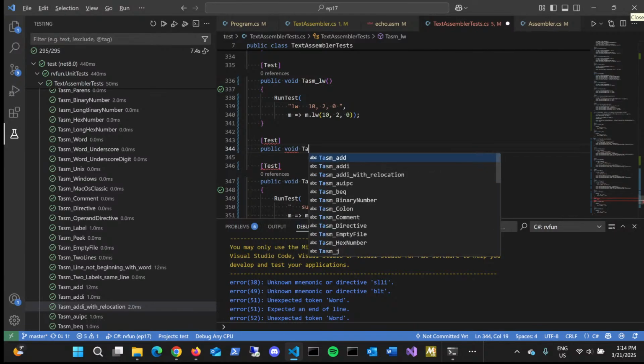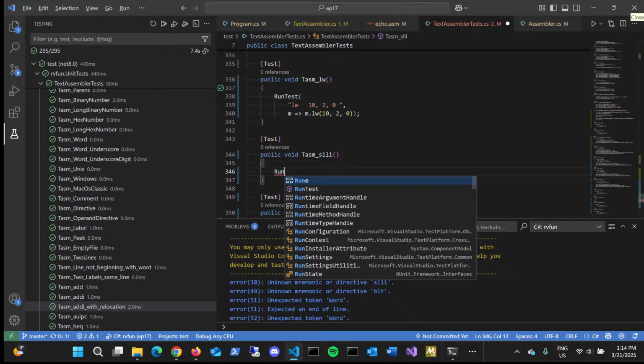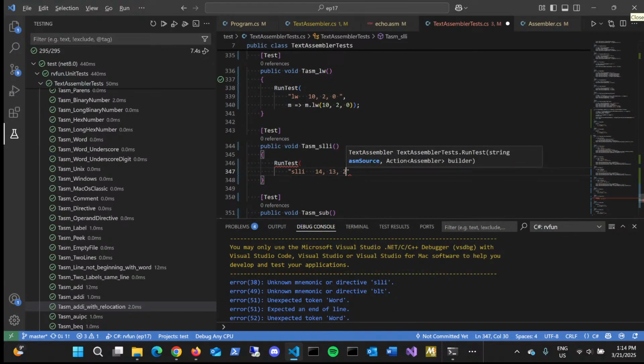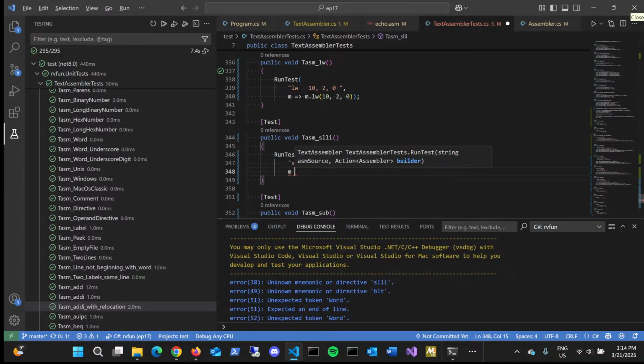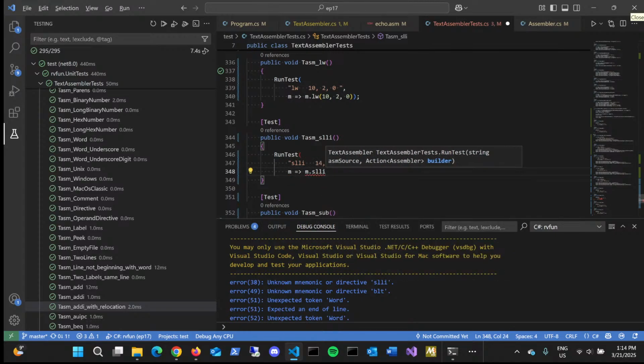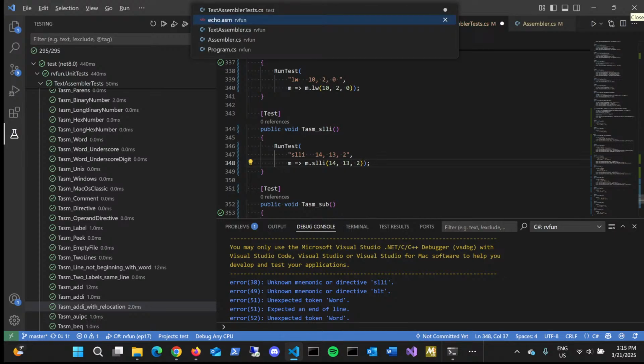This is fairly boilerplate stuff at this point. Run test. There's our source. This is our intended. And that's how we do that. So now we need to go to our,